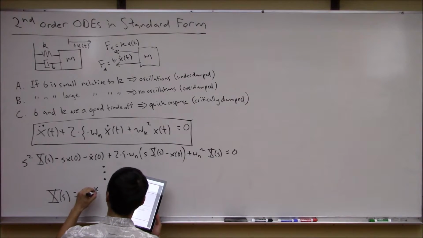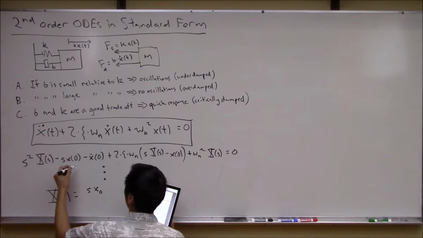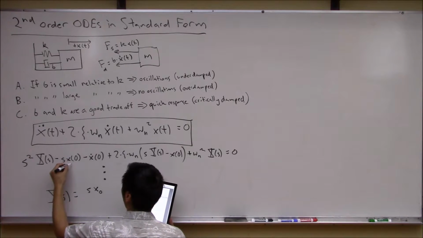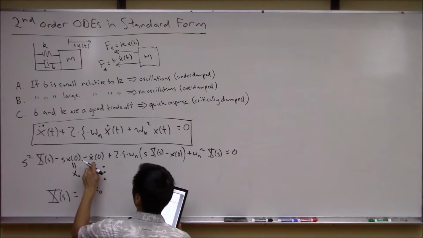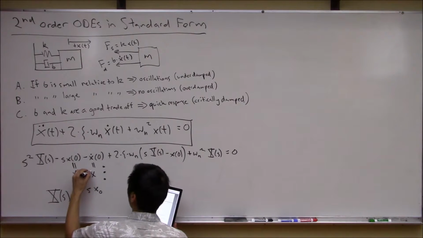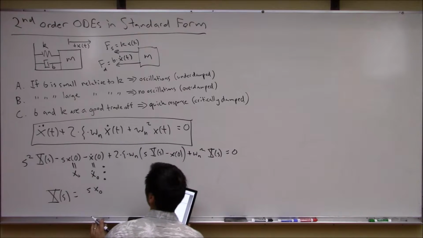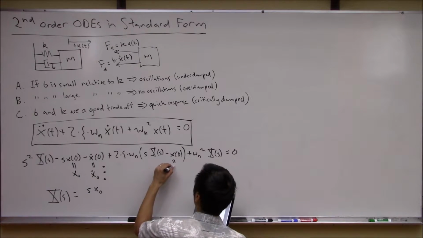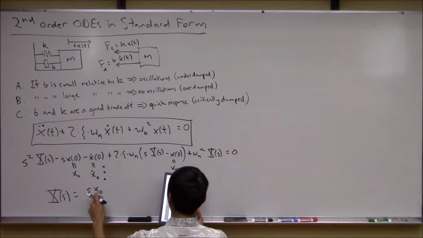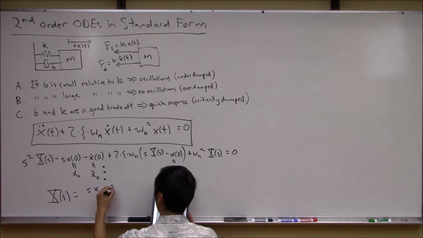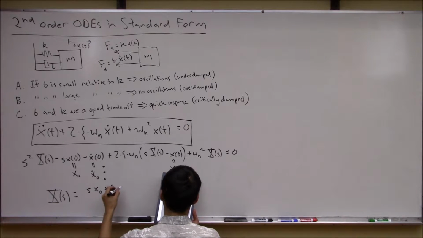I'm going to call this x0. I'm going to change notation slightly. Let's call this x at time 0. Let's call this thing x0, and let's call this guy right here x dot 0. It's just the initial condition, right? Similarly, this guy over here, let's call this thing x0. That's what we're doing. Okay, so you get s x0 plus x dot 0,